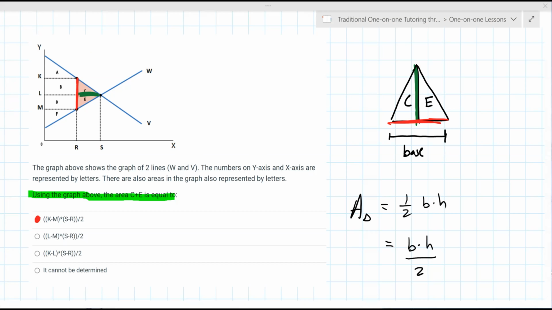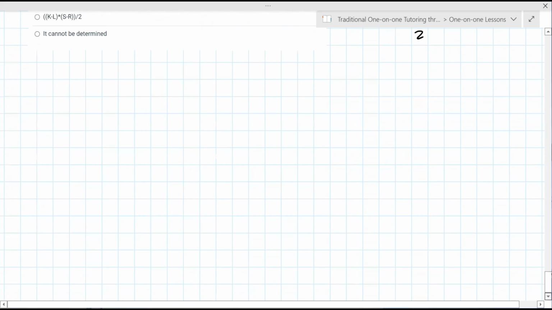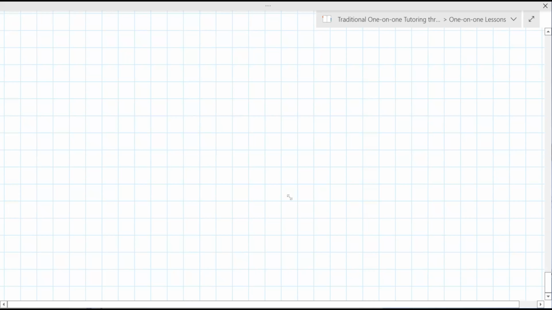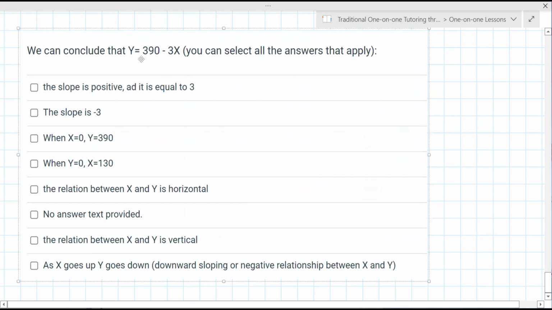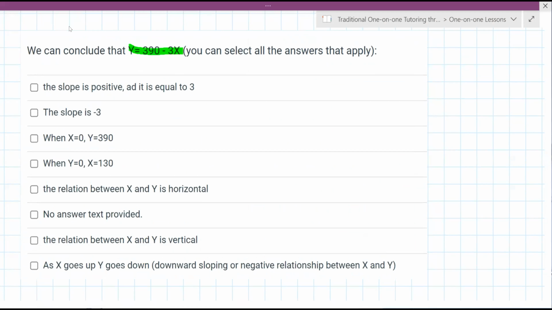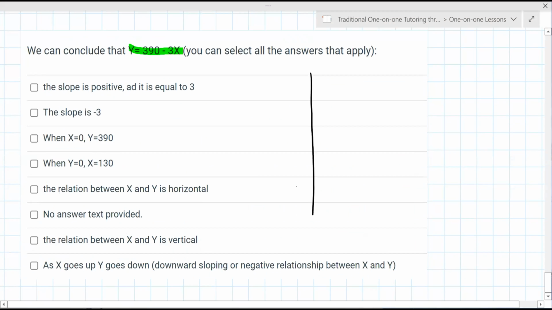Okay. All right, number 18. This is one of those brutal "which of the following" types of questions because I got a ton of multiple choice here. Just got a slight delay on my screen. Here we go. So we have to look at all the answers, unfortunately. Okay, so we are given this equation. It's good if you can graph it real quick or at least have an idea of what the graph looks like. So if you go to Desmos and graph it, you'll find that it's 390 up here